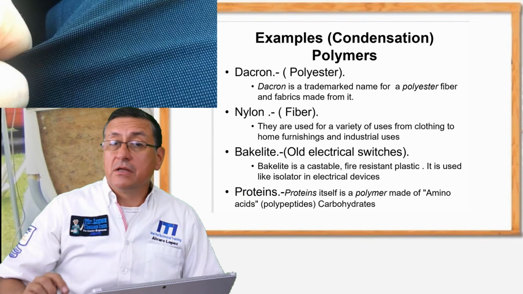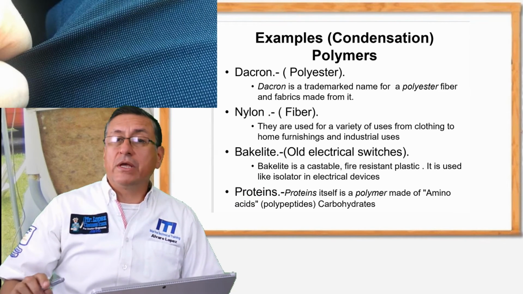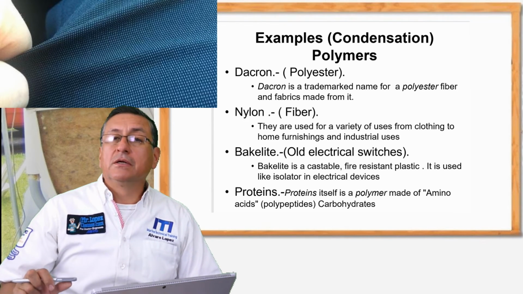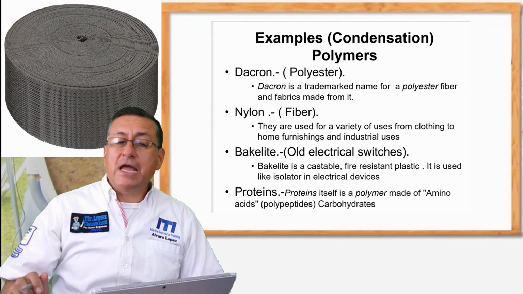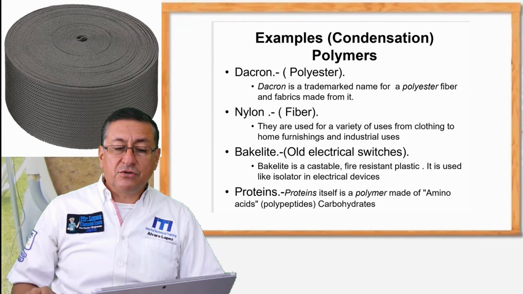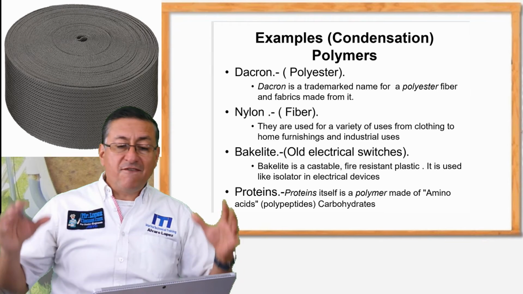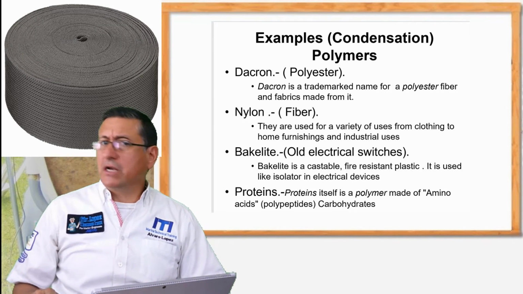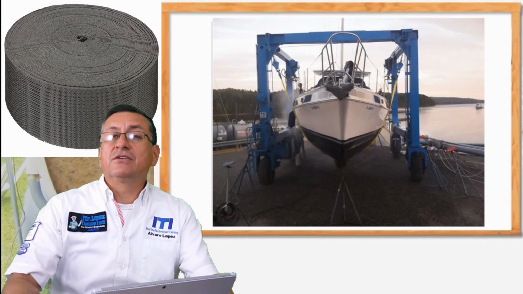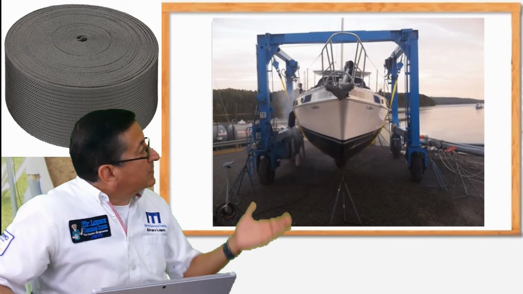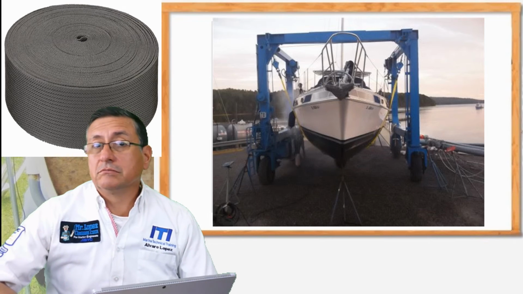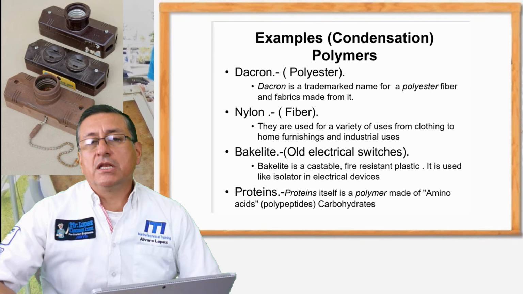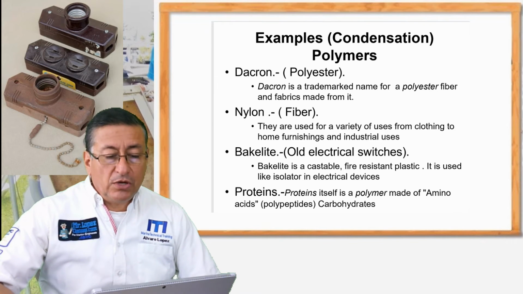We have Dacron, polyester. Polyester is a great example. Dacron is a trade name for a polyester fiber. Nylon is another great example of condensation. They are used for a variety of uses in clothing, furnishing, and industrial uses. You remember we have the straps of the travel leaf, the straps of the travel leaf in nylon. Nylon is strong. Bakelite. Bakelite is commonly used in breakers, in electrical insulators,